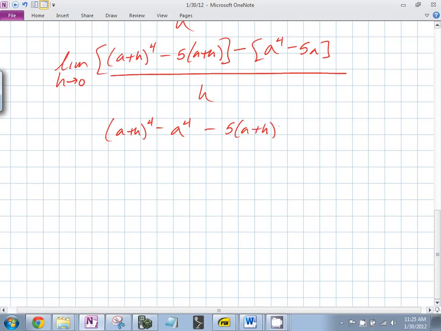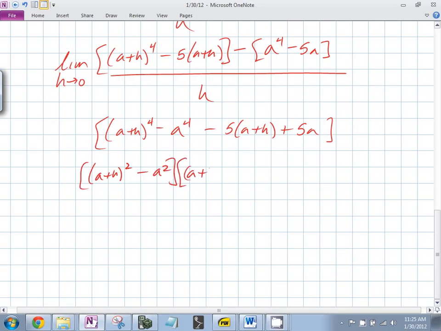Do you see what I just regrouped right there? Are you okay with that? I'm just going to work on the numerator so I won't keep on writing h. All I did was regroup it. You see what I did there? This turns into (a plus h) squared minus a squared times (a plus h) squared plus a squared, because